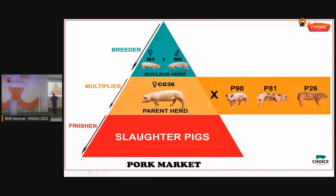That is why you feed animals for 360 days and you can't boast of 70 kilos. If I'm wrong, please someone should tell me. All right? So that's why when we are at slaughter, there are slaughter pigs, you cannot cross with a parent